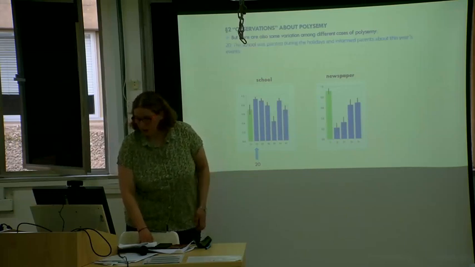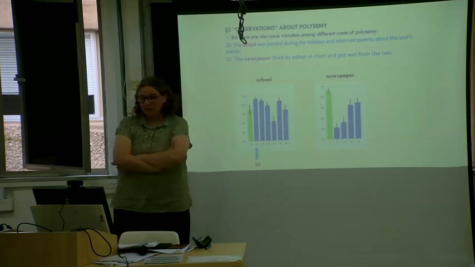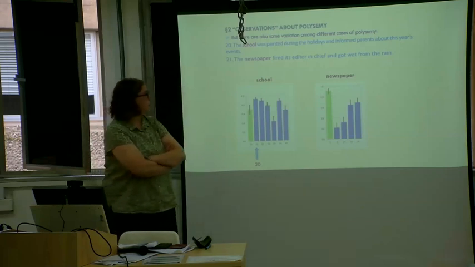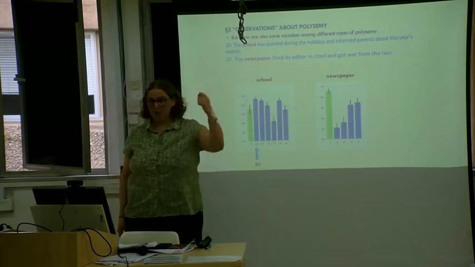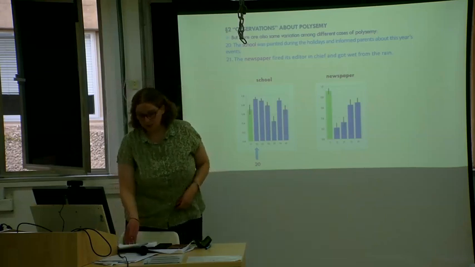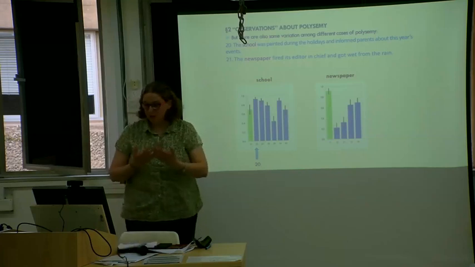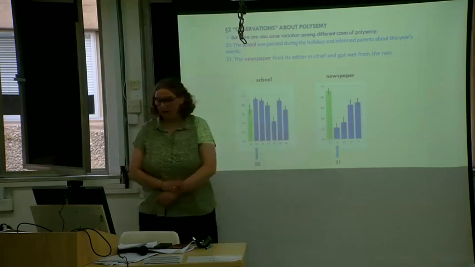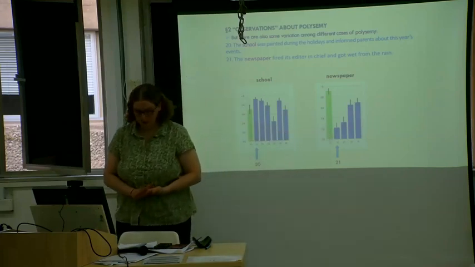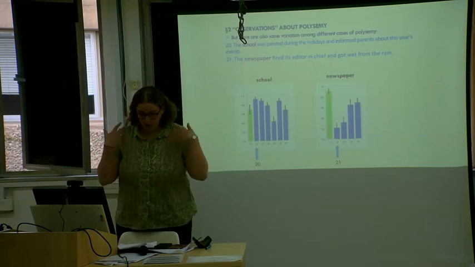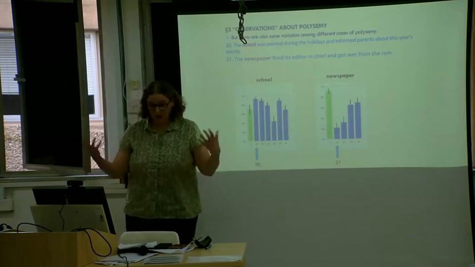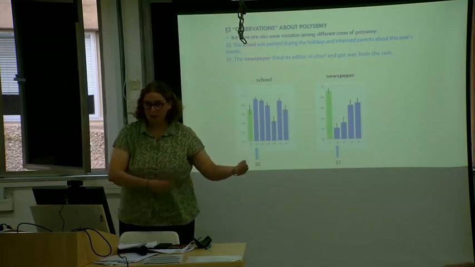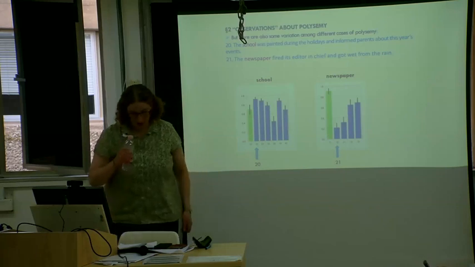So this is, again, the sentence we had for school. But now look at this sentence: The newspaper fired its editor and got wet from the rain. The thought is that newspaper is polysemous between a sense where it denotes an institution and a sense where it denotes the physical copy. And yet when we conjoin these two readings, we get very, very low acceptability rating. So what he concluded is that for most cases of polysemy, we get very high acceptability rating for conjunction reduction, but we get a few outliers that seem to behave more like homonymy.